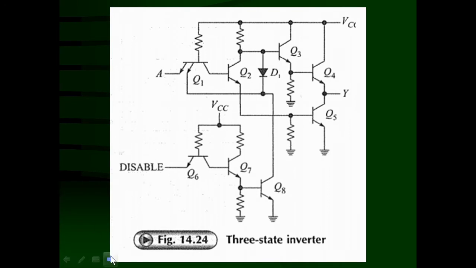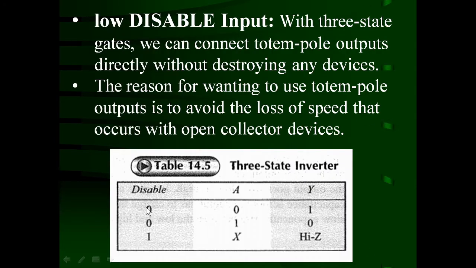Understand the first condition. If you want to see the truth table, let us see the truth table. This is the truth table of tri-state devices. Disable input is low, A is low, output Y is high. If disable input is low, A is high, output is low. If disable input is high, that is the next condition. X, A may be anything. X means don't care. A can be 0 or 1, output remains high impedance, that is Z. So the output is floating or disconnected from the rest of the circuit. That's why there are three states in the output. That's why it is called a three-state inverter or three-state device.